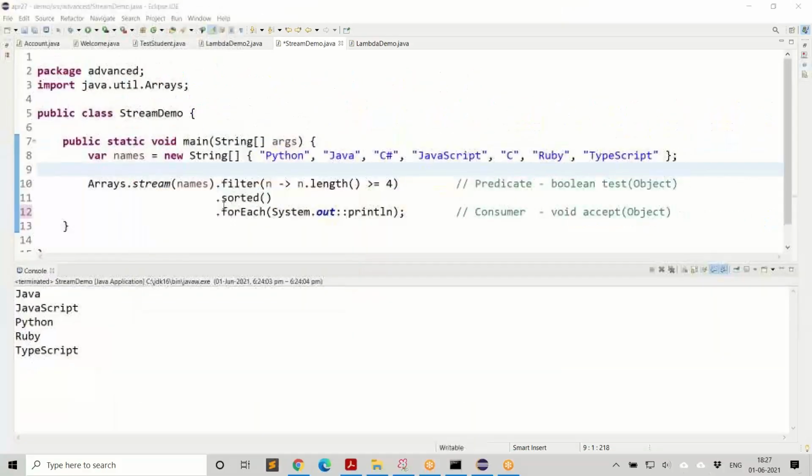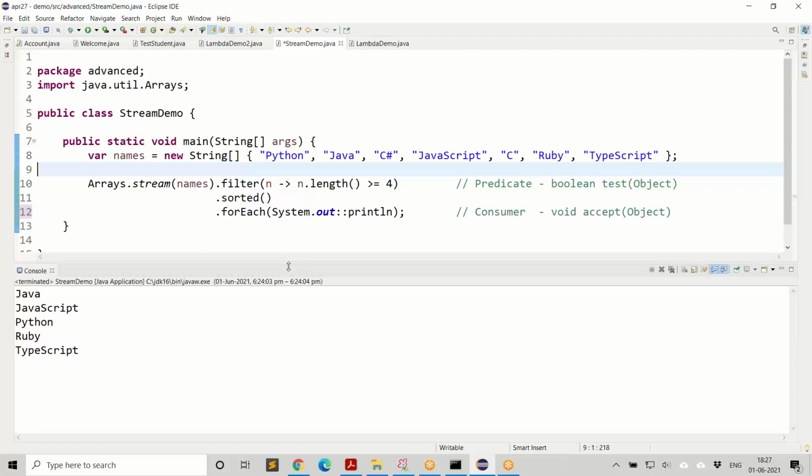And then you can apply all these operations. It is also possible that you take only a few elements from the stream, or you skip a few elements, and you can convert each and every element to something else. So a lot of things can be done.